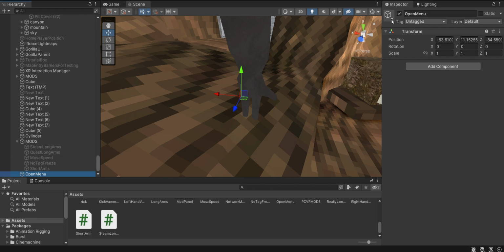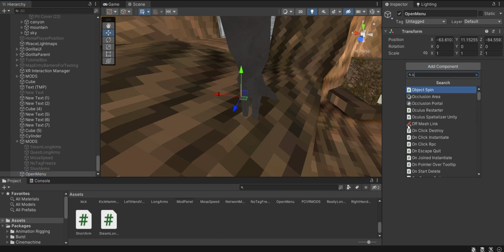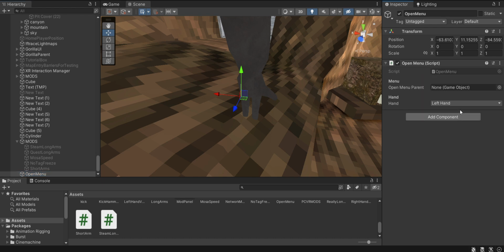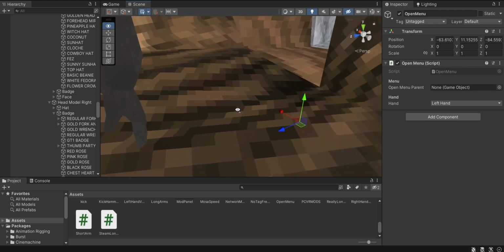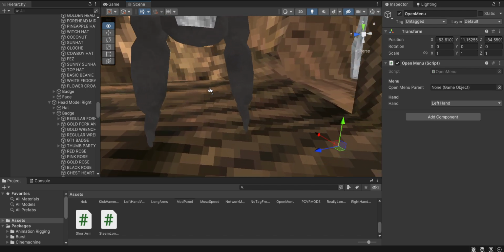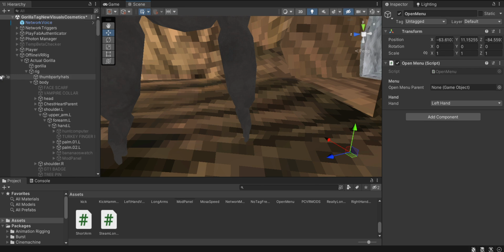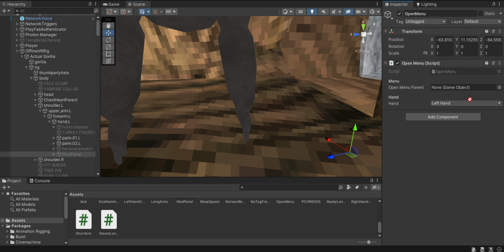You want to leave this one on though, and then you want to add component, open menu, and then make sure it's on whatever hand you set it to. I did mine on left hand, so mine will be set as the left hand here. And then open menu parent, just drag on your mod menu, and boom, you've added the mod menu to your